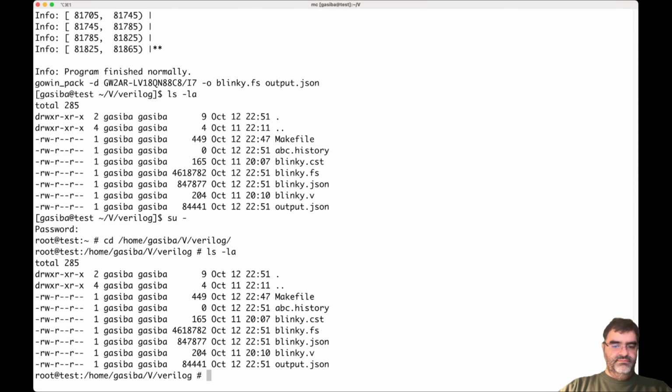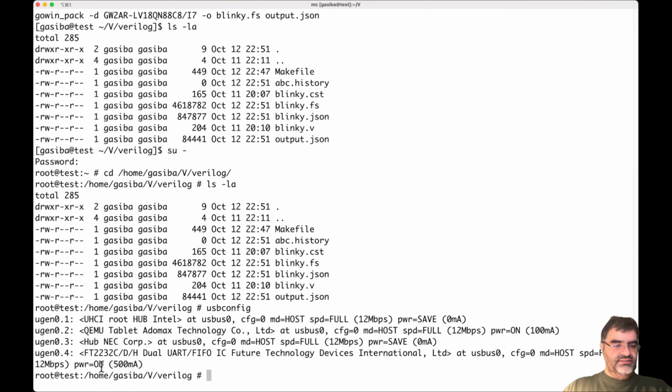We have here the blinky.fs and now USB config, and we see here that the device is plugged in, is the UGen04, and let's just run openFPGALoader -p Tang Nano 20K, and we give it the blinky.fs. And now let's see, I'll put the thing here in, and I'm going to press, okay,